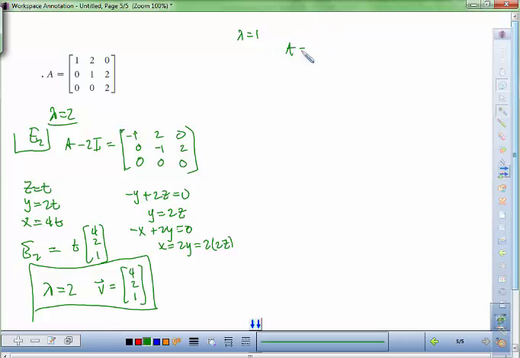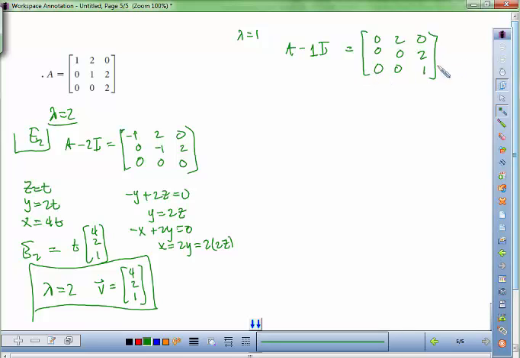Again, we start off with A minus 1 times I. So 1 minus 1 is 0. 1 minus 1 is 0. And then 0, 0. This is 1, right? 2 minus 1 is 1. And if we row reduce, we can essentially eliminate the bottom. So it looks like we're going to have